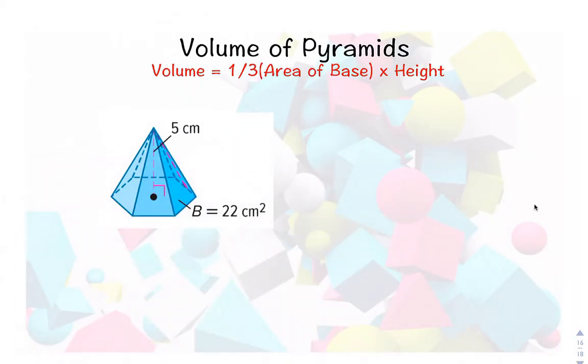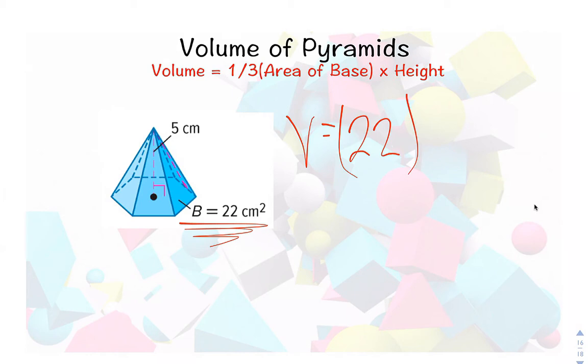Okay, so if I'm looking here, I have a hexagonal pyramid. Now I want 1/3 area of the base. Well, luckily in this case, we don't have to calculate that. They already give it to us. Remember, that's the big B. So in this case, I'm taking volume is area of the base, 22, times the height, which in this case